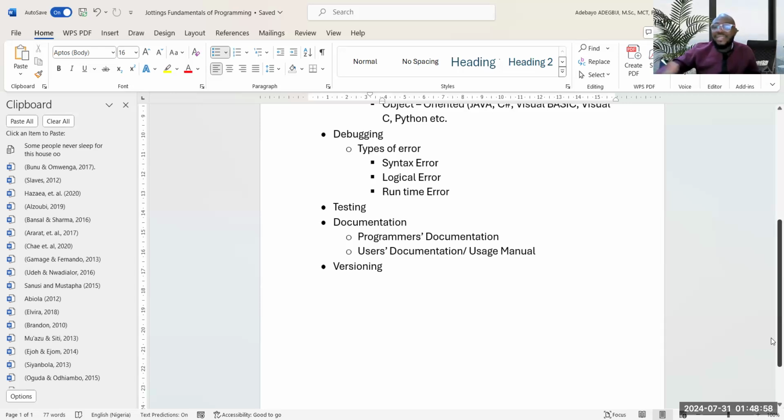Then the next thing, and the last I want to mention here, is versioning. Versioning is a way of looking at the program you have written and looking at what has changed. What has changed in the world of work? What has changed in the industry? What are the things we need to add? Can we hype it up a little? You change one or two things, you release it as another version or another edition. And that's what I mean by versioning.